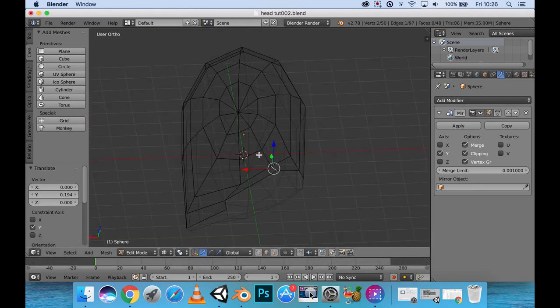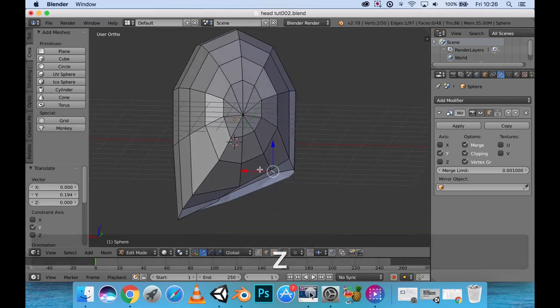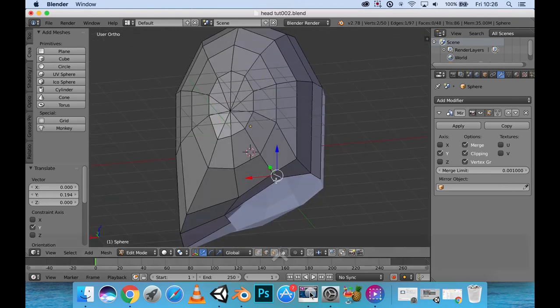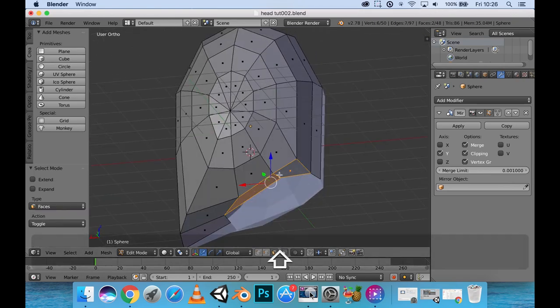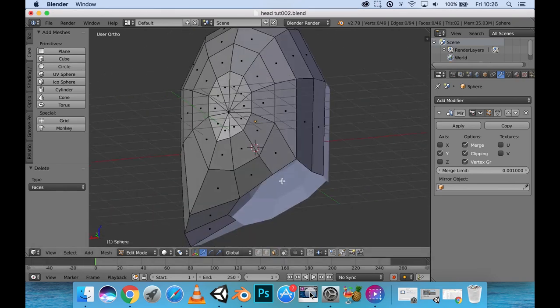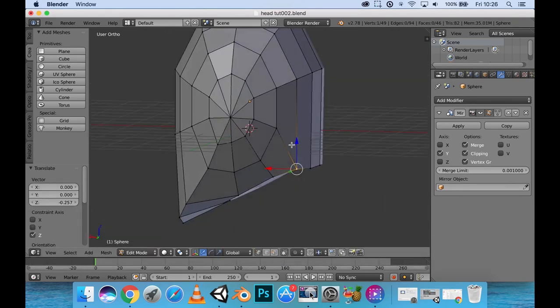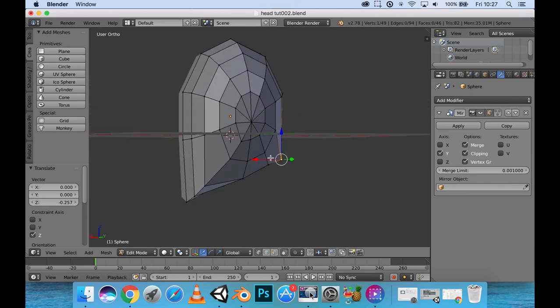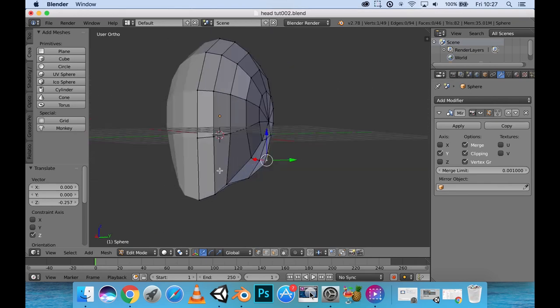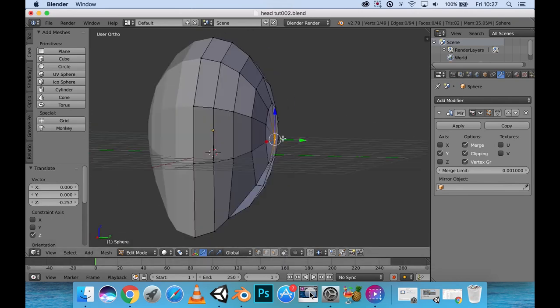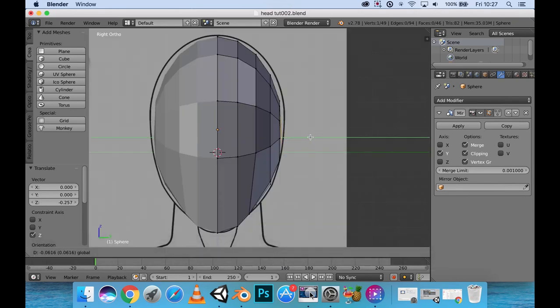If you think the amount of edges is a little bit too low, we can add in more later, but I'm just gonna leave it like so for now. Maybe gonna cut off these areas here. I can delete these faces, and let's sort of fix this a little bit better. Now the jawline's following this line right here. Seems okay. Gonna grab the side vertices here. Maybe push this in,